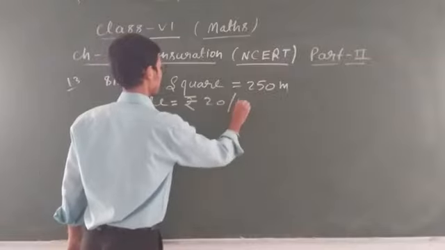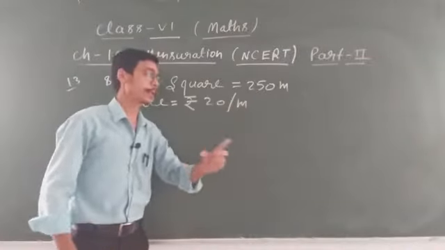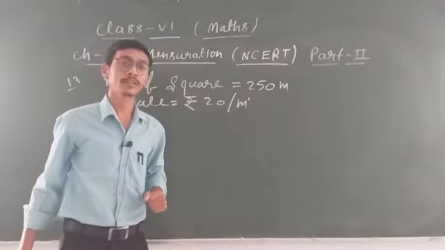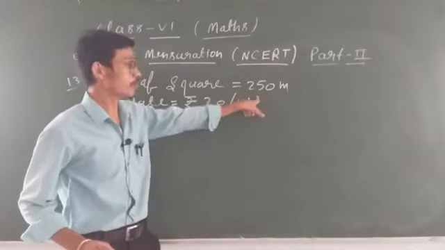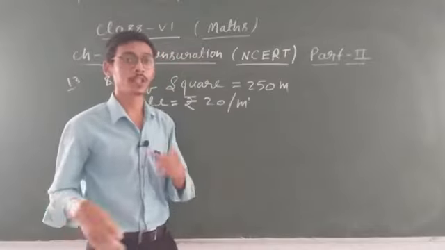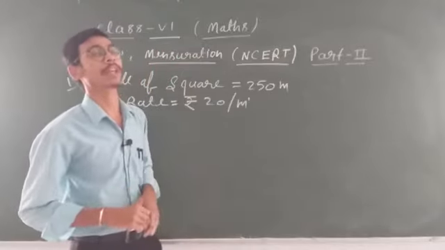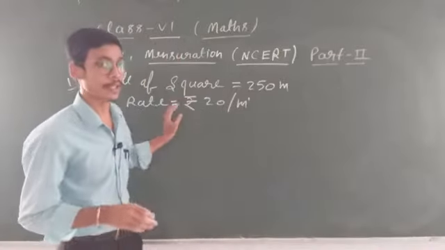See, your concept should be applied here. What I explained: if per meter is given, here power is 1, na. So what will you find out, student? Easily you can say perimeter. But if per meter square was given, square means 2, so you have to find out area, because you know that the unit of perimeter is meter or centimeter, and the unit of area is meter square or centimeter square. This is the concept I explained previously.